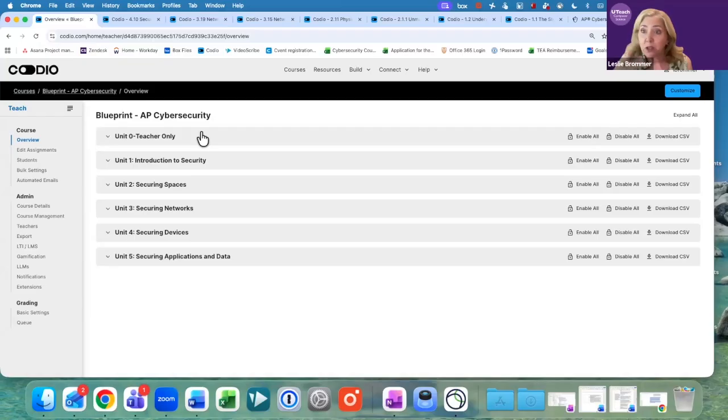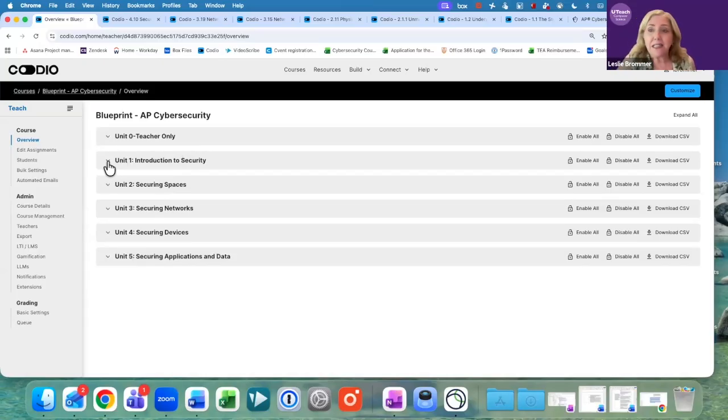And so you will purchase a license fee, which covers you and an unlimited number of students. You create an account, your students create a Codio account, and everything is done inside Codio. Codio is not an LMS. In other words, it doesn't keep track of a quarter grade or a semester grade, but it grades each assignment, and then you connect it to your LMS, and it populates those grades back to your LMS.